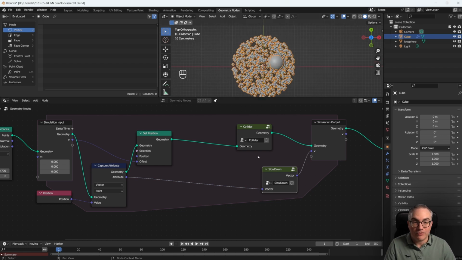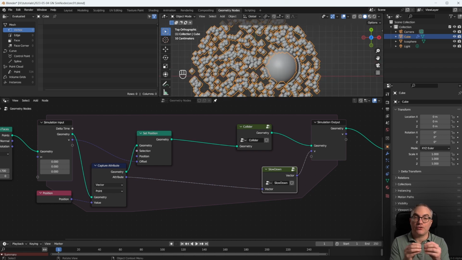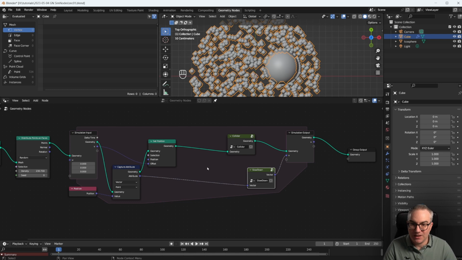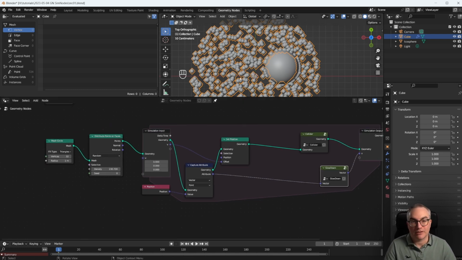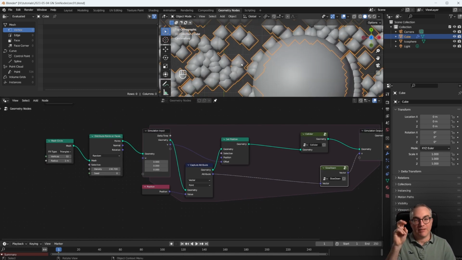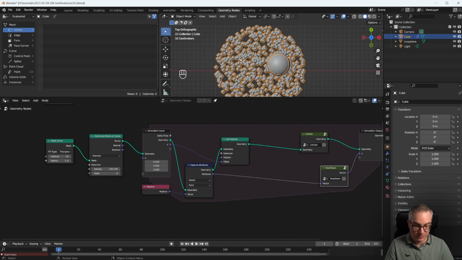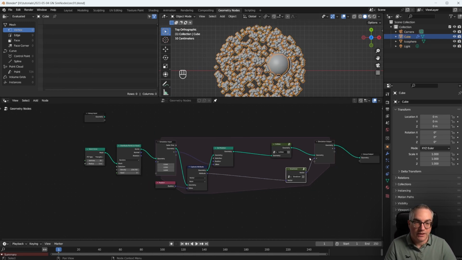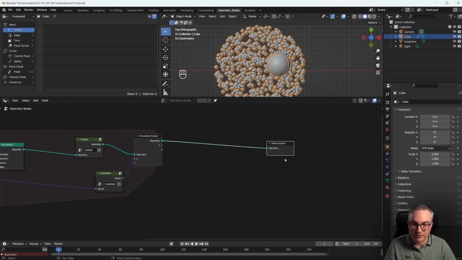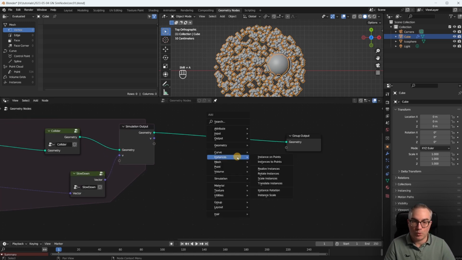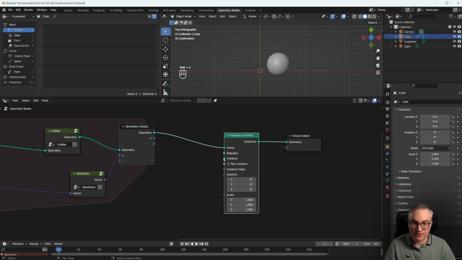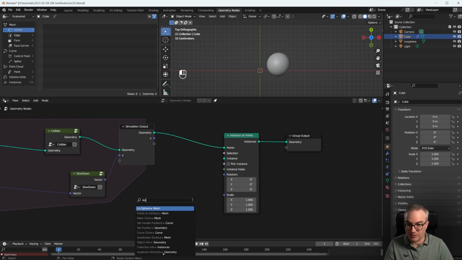Now, next thing we have to do is calculate collisions between our particles. So how big is a particle? Right now, we're looking at a point cloud, so there's no real physical geometry in our scene yet. So if I hit render now, we wouldn't even see anything except for that big icosphere. Let's fix that first. We have to instance on points some geometry. Let's do another icosphere